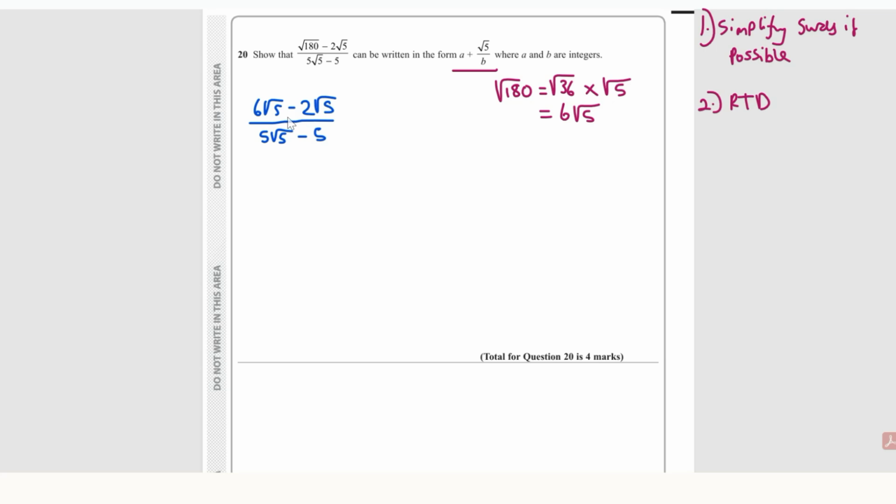Here the surds have the same number inside, so we can minus these. This will leave us with 4 root 5 over 5 root 5 minus 5. So it can't be simplified any further, so now we can go ahead to the next step and rationalize the denominator. So we're going to be taking this fraction